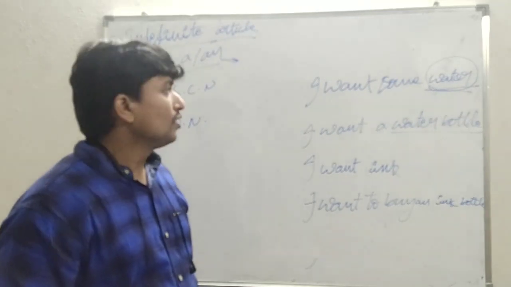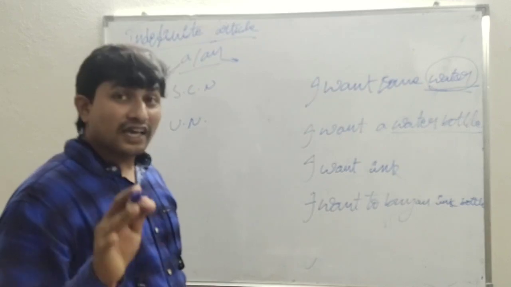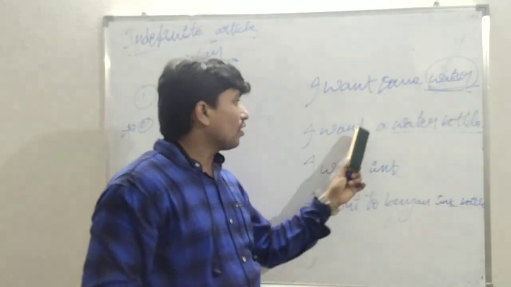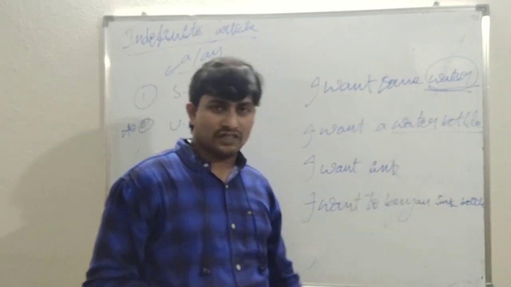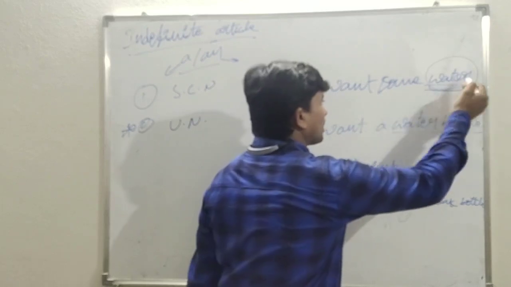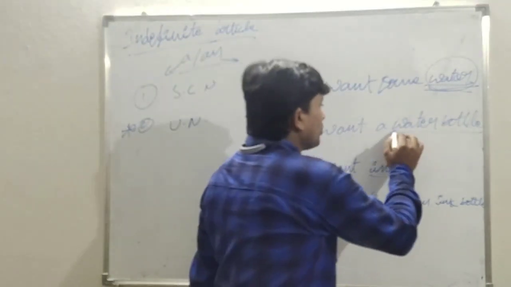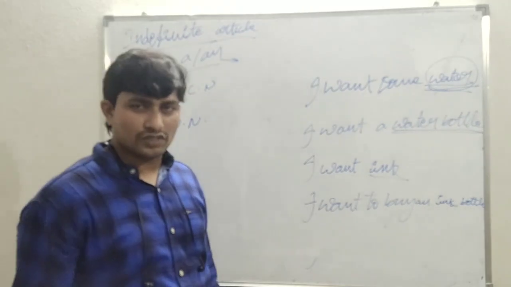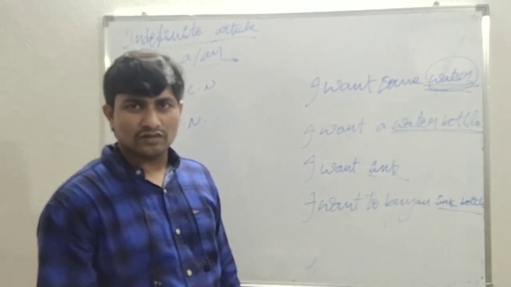Did you understand what I said now? So here, now you may get the clarity. As I have told previously, I want some water, I want a water bottle. I want ink, I want to buy an ink bottle. The difference once we see: ink is an uncountable noun, water is an uncountable noun, just nouns. But water bottle is a compound noun. What is a compound noun? A combination of two words. Ink bottle is also a compound noun, a combination of two words.